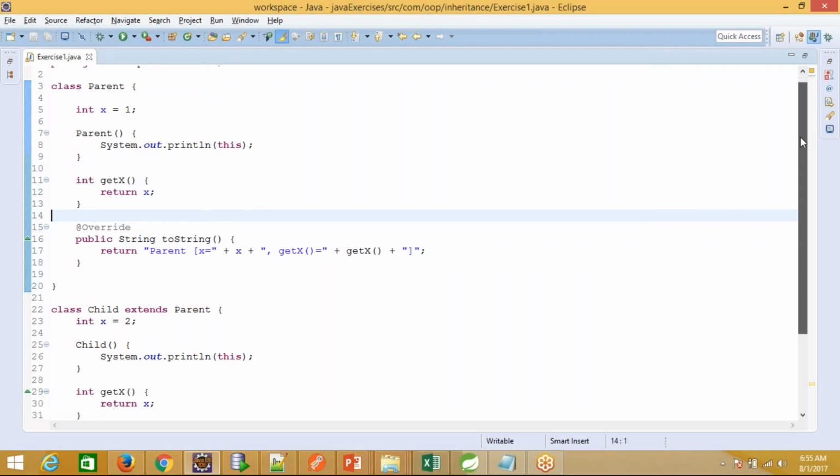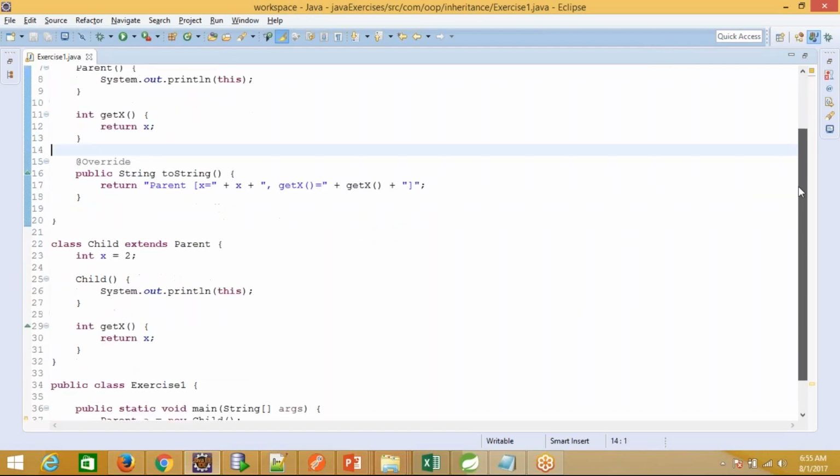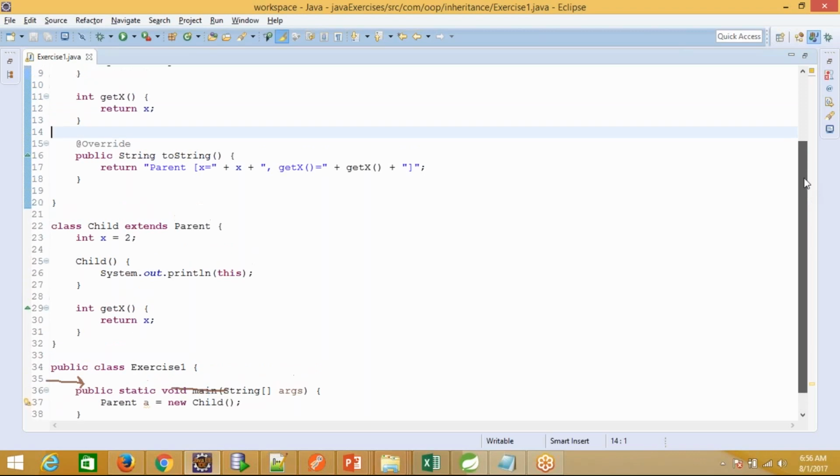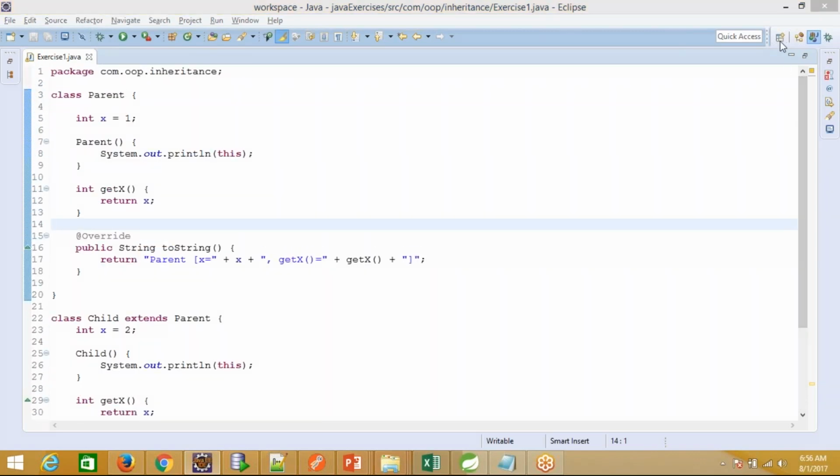And I have the client class also in the same file itself. What the client class is doing is just creating an object in a polymorphic way, with a parent reference, and the object is of the child class. So really simple question, you have to provide the output of this program, but the only thing is you have to provide the output without executing this in the IDE. So just pause this video, think about this, and write down your output.